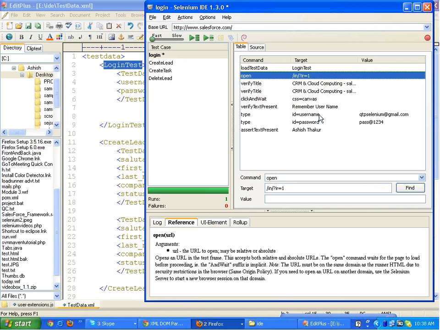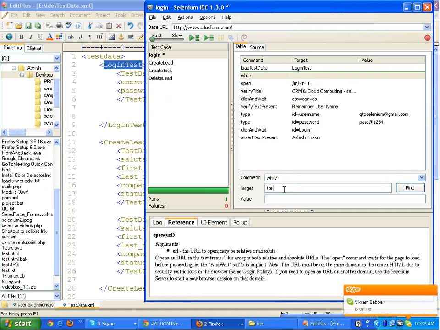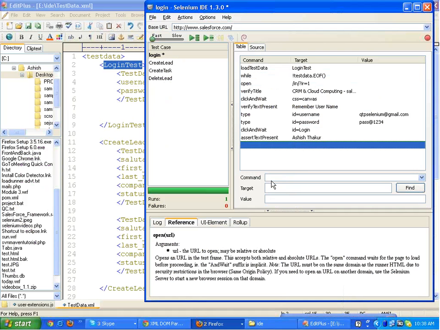Before opening the URL, I will insert a new command called while not of test data dot end of file. Till the time test data never ends,